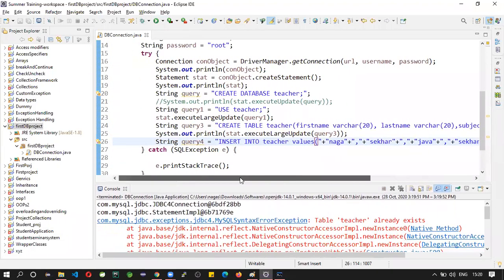What's the error here? We are trying to create the teacher table again, so comment this and let's run.